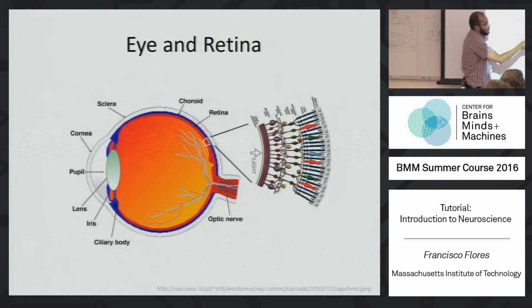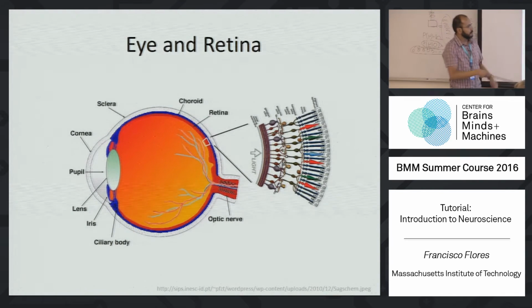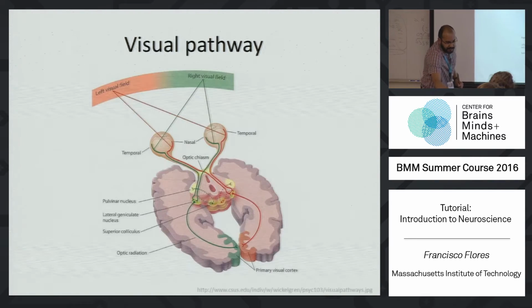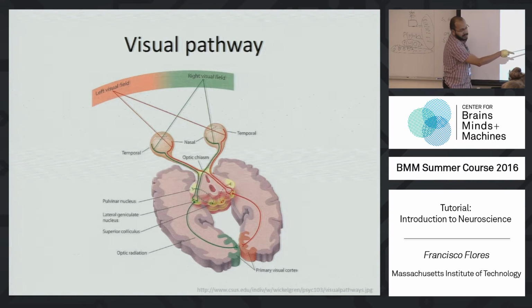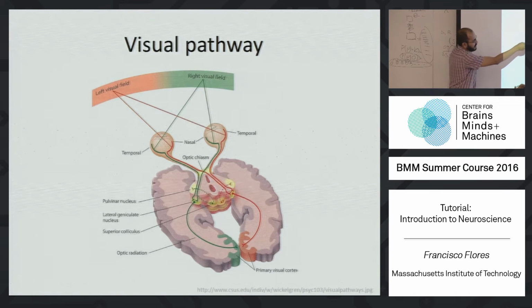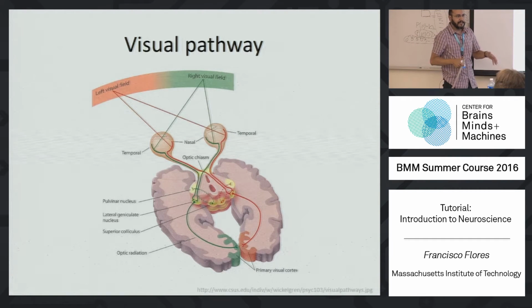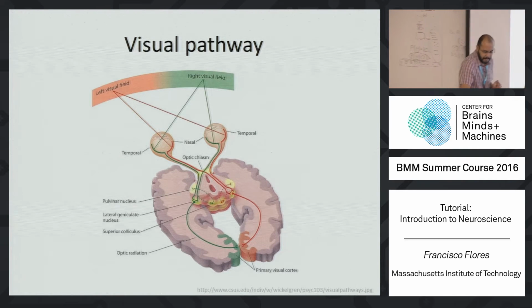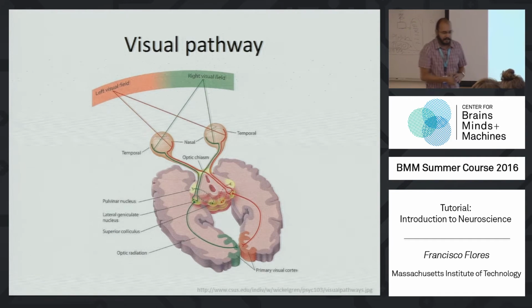Okay? But the cells that come later are actual neurons. They receive the signal from the receptors, and they're going to be firing action potentials that are going to travel toward the thalamus. In the thalamus, there is another relay. So these neurons are going to receive the output from the retina, and send the output towards the primary visual cortex. And here I want to show you an actual experiment that was done by Hubel and Wiesel, who won the Nobel Prize for discovering how the neurons in the primary visual cortex respond to different features of the world.